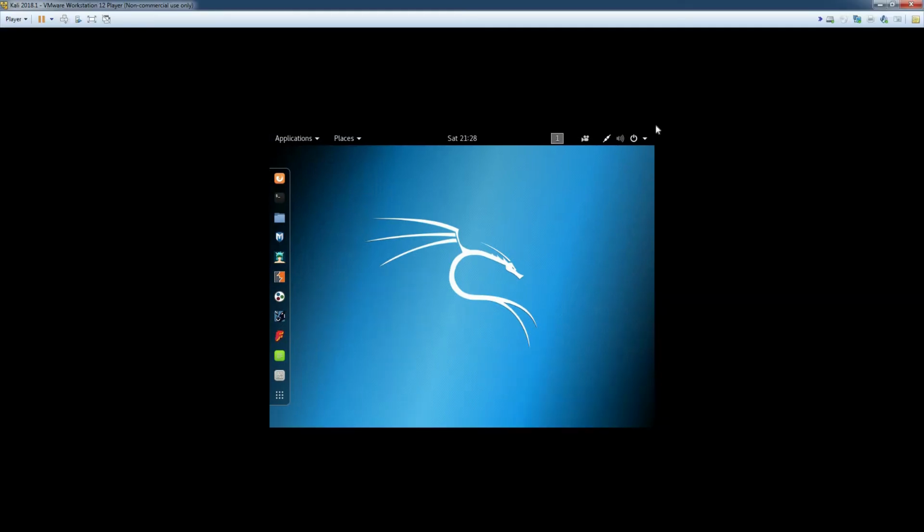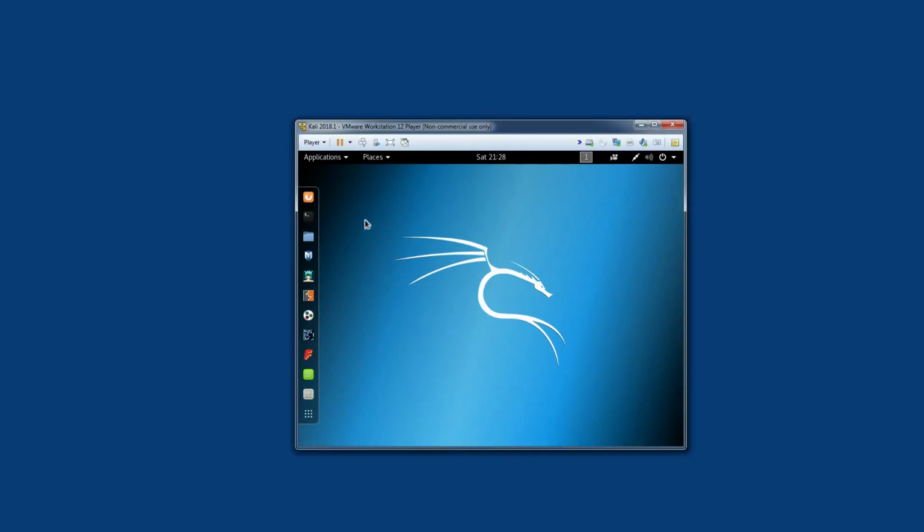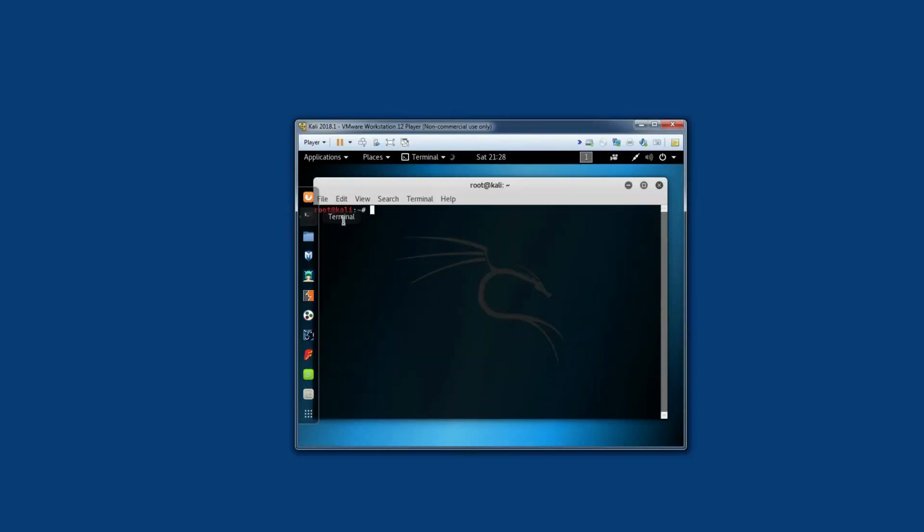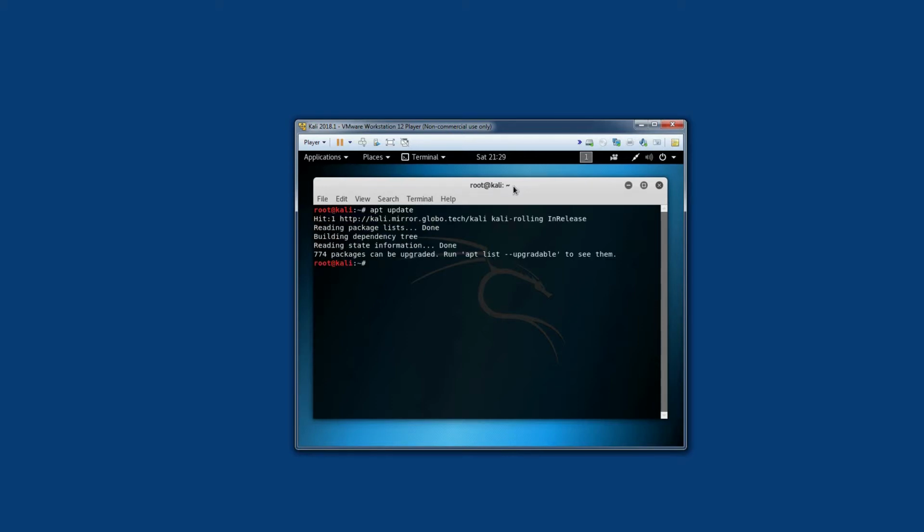But if I want to maximize the window, it doesn't work. So for that purpose, I will need to install the VMware tools. I'm going to open a terminal window and type apt update. Once the update is done, I'm going to enter apt install open-vm